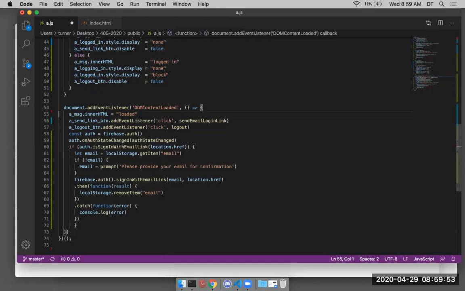So, you know, we're loaded. We load these buttons and they're set up, and then we get this auth object. We register the listener for this handler. That's important. And then we're going to go ahead and do this. So we want to see, is this page load a sign in with the email? Let's see, are we trying to sign in with the email link? If we are,